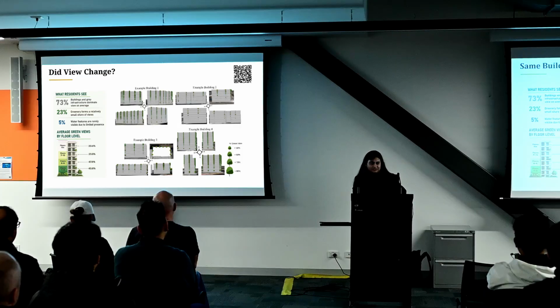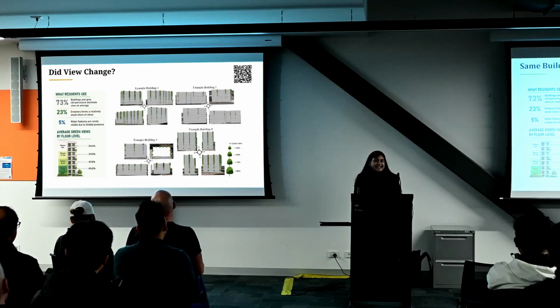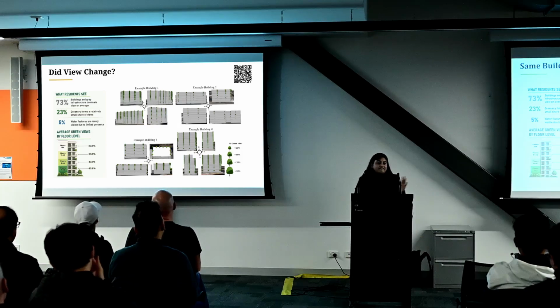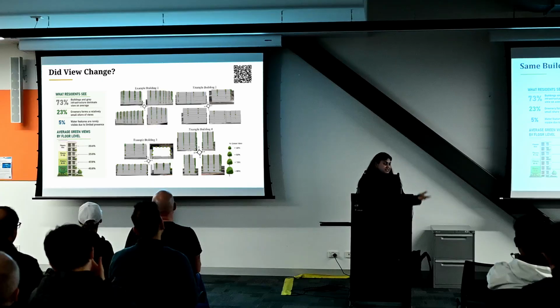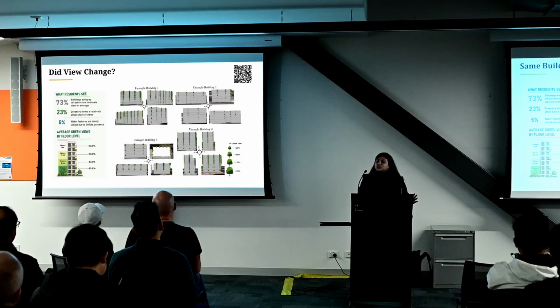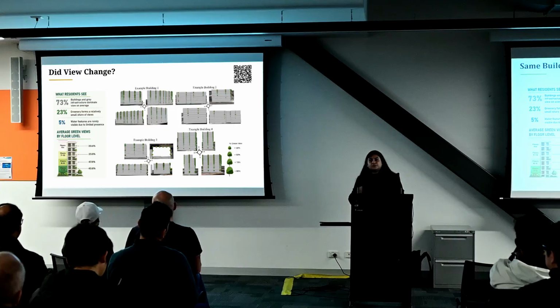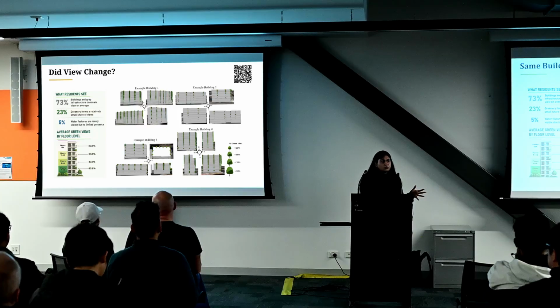Now I'll go again to my buildings, my results. Same building, different views, as I said, because I found that most of the residents had over 73% of gray view and only 23% of green view. So you see, we say our city is green, but it's really not what people can actually see. And water features, I won't focus much on it because of the distribution of the buildings. Some places have more water, so it's more about the data sets and the localization. So it's more about the gray and the green.